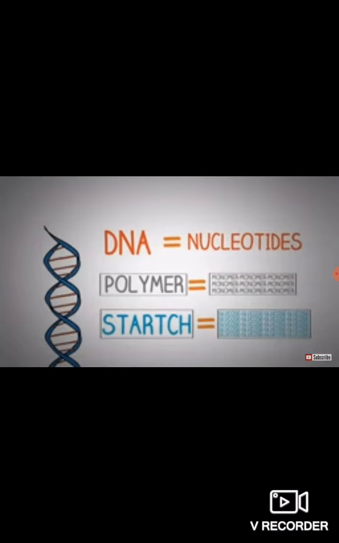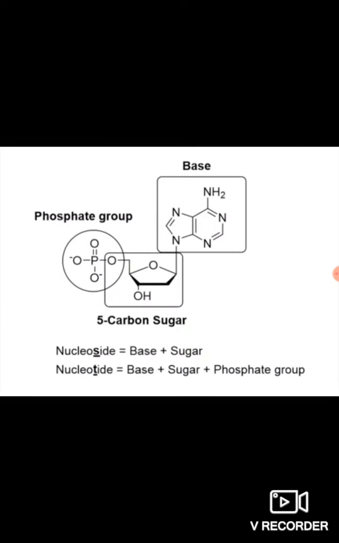Now we will see the structure of DNA, the molecular structure. Before going to this molecular structure, you should understand what a polymer is. Polymer means many single units that align and are joined to each other to form a macromolecule, which is called a polymer. So here also, the basic unit of DNA is called a nucleotide. Many nucleotides are joined together to form a single strand of DNA, and these two strands join to form a double helix structure. So first we will see what a nucleoside is and what a nucleotide is.